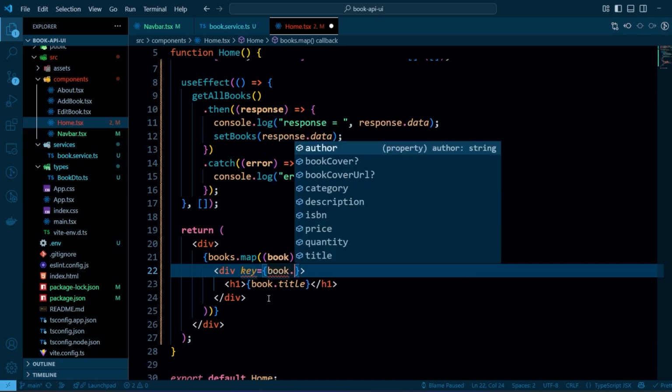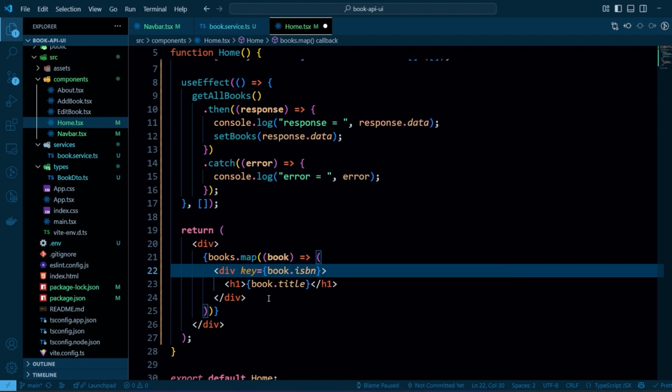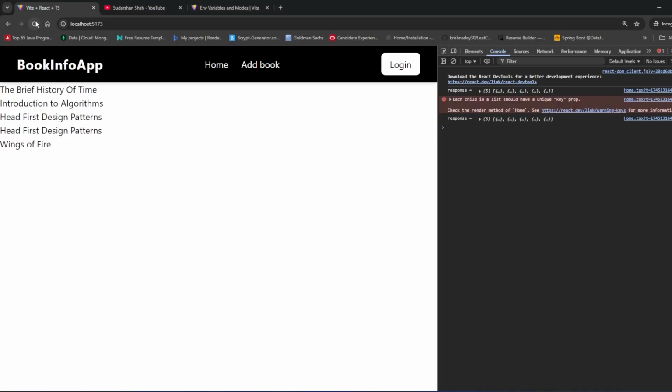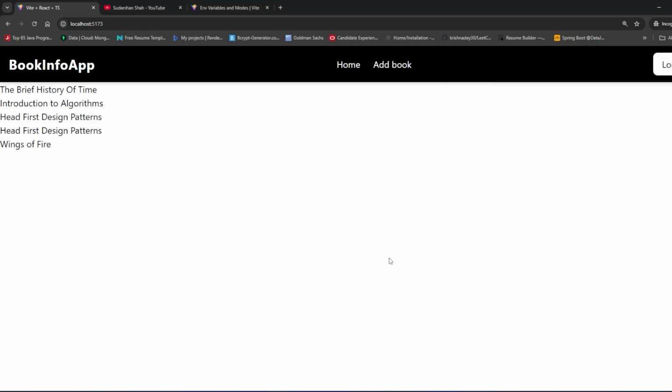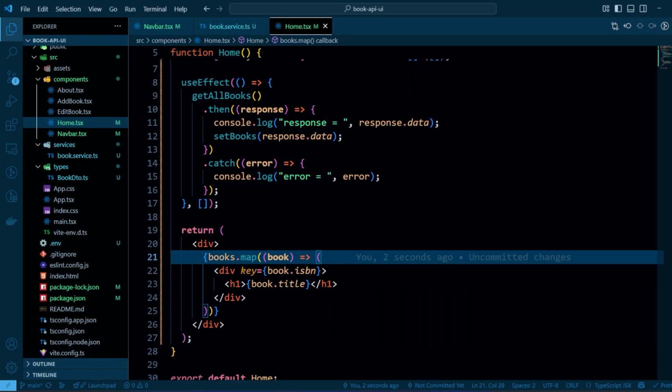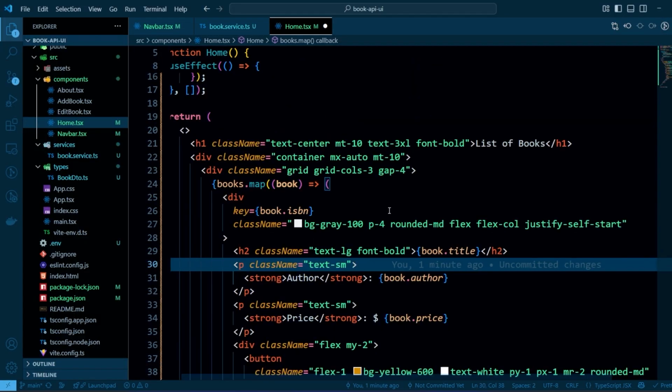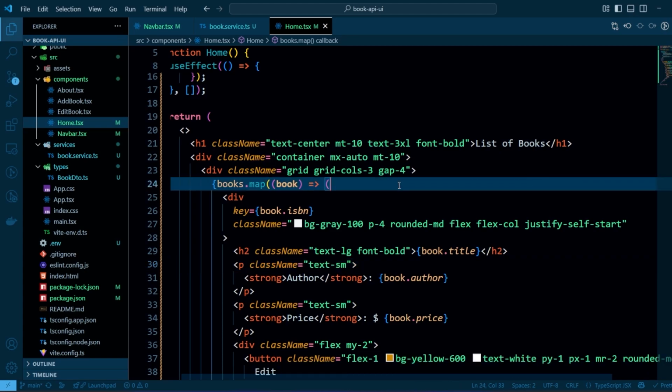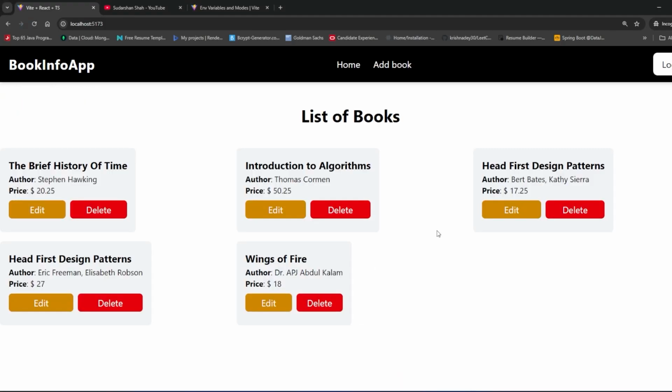In the book, the unique thing is the ISBN number. So if we pass that here and refresh again, you see we are getting all the things, but no error. Now we want to beautify it. So I will just copy paste the UI part. You can just copy paste all those things. I have added a few CSS classes and a few divs to style it. Now if I save it, you can see it is coming in this way, which seems much better, right? So that's how we are